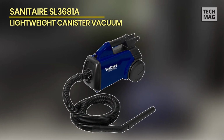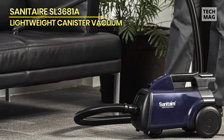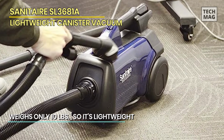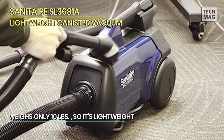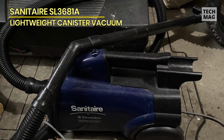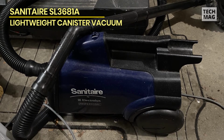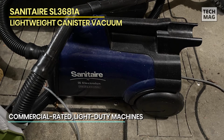Sanitaire SL3681A. Discover the exceptional cleaning power of the Sanitaire Professional Compact Canister Vacuum Cleaner, model SL3681A in stunning blue. Engineered for commercial-grade performance, this compact canister vacuum is an ideal choice for both professional cleaning and home use. The SL3681A features a robust motor that delivers impressive suction, effectively tackling dirt, debris, and even pet hair on various